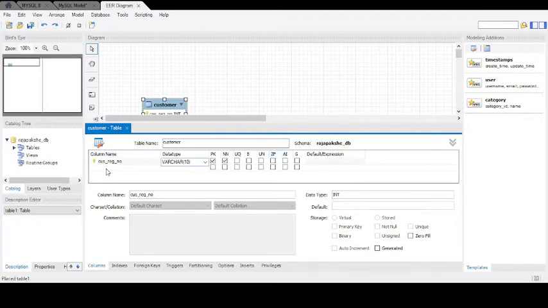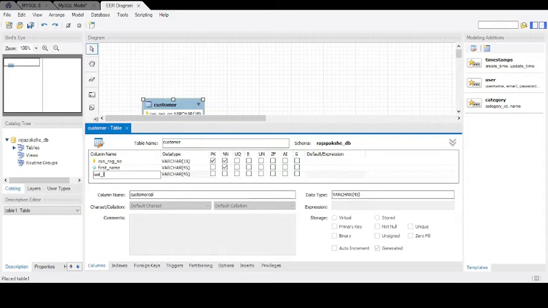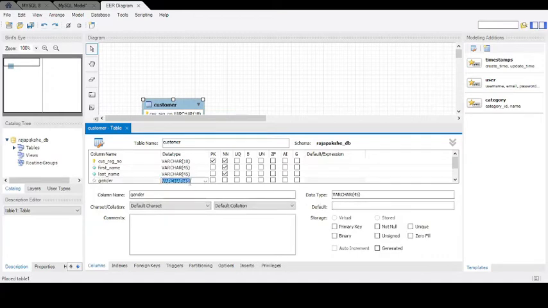And then I will create the next attribute with the first name. I will set it also to be not null. Then again the last name of the customer. Then the gender. I'll set it to be 10, and I will not set it to be not null because